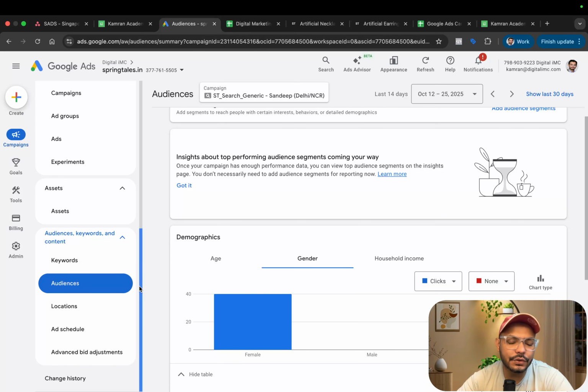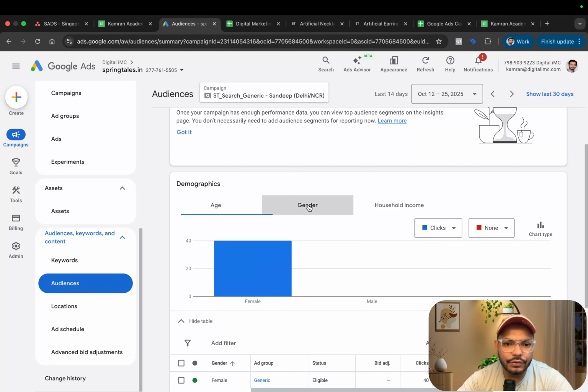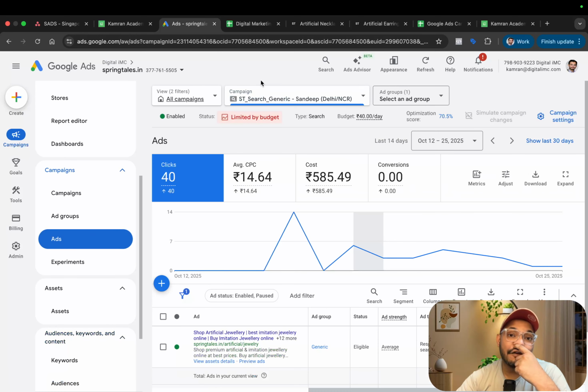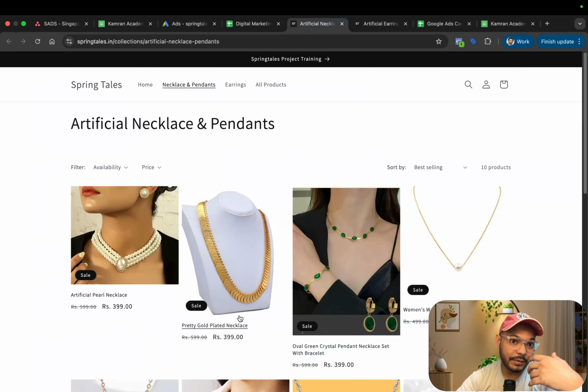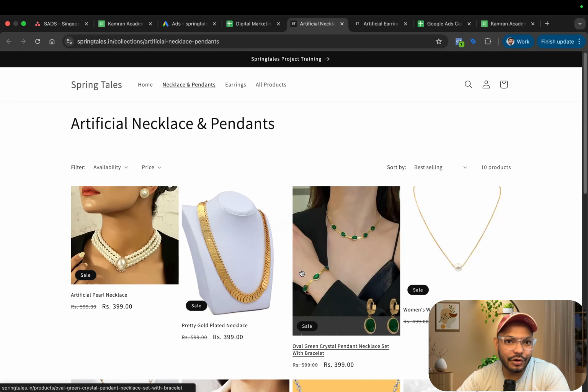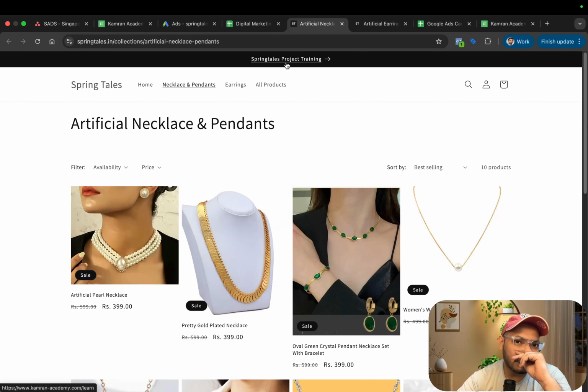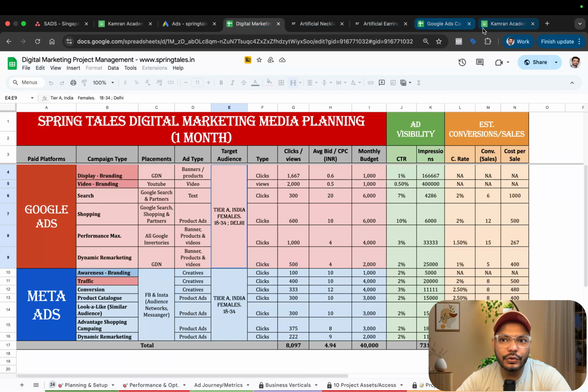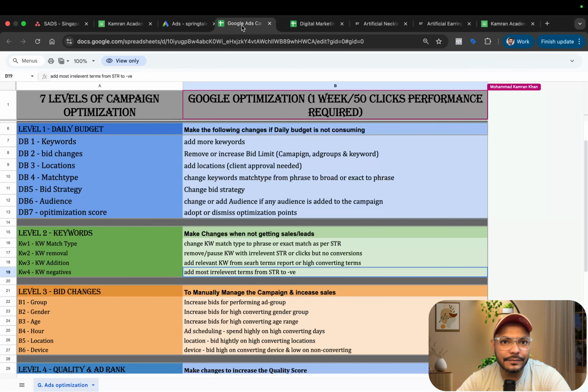The ad copy is okay. Assets have to be improved. Anything else which I have to check? No, everything is smooth. I may have to think about optimizing this website, optimizing all the product pages. I'm still working on these changes, but right now the idea was to show you how you optimize the campaign